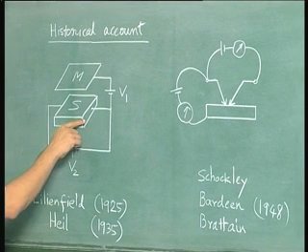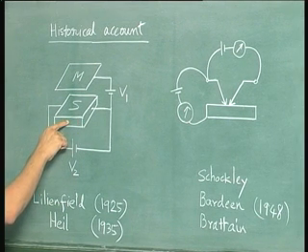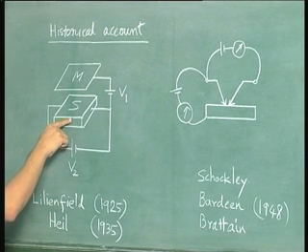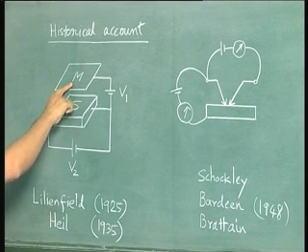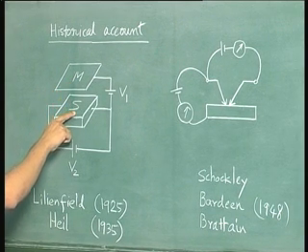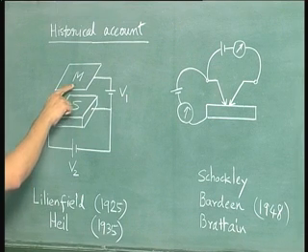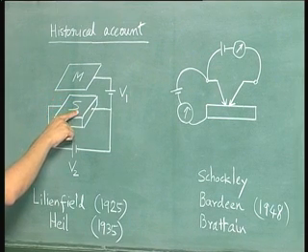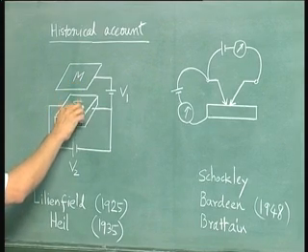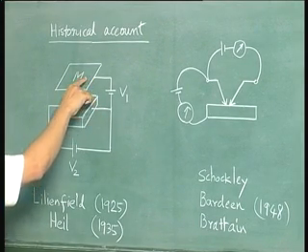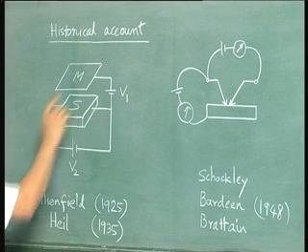You have a semiconductor block whose resistivity is sought to be modulated by a metal electrode which is placed in close proximity to the semiconductor block. But this metal electrode is insulated from the semiconductor. Now how do you modulate the resistivity of the semiconductor? You apply a voltage between the metal and the semiconductor as indicated in this diagram.